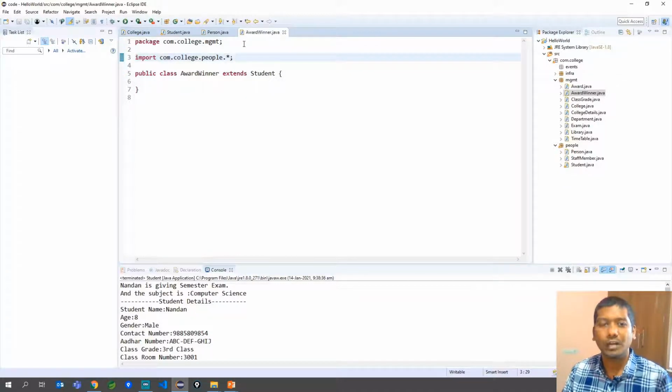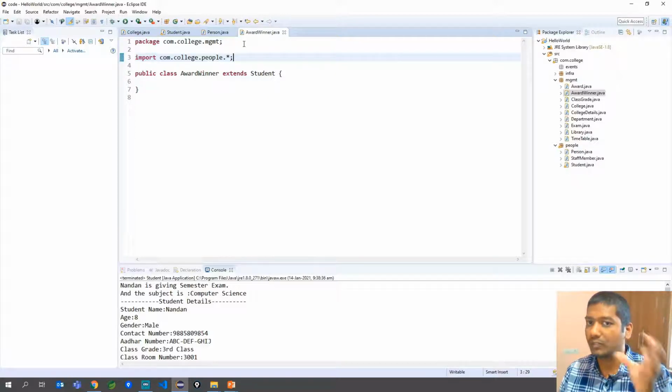Okay. So now I have imported the entire package of people. Any class in that particular package can be accessed here now. So here if you see, student.java has been extended into award winner. So what are the different things that you want to have in award winner? Something like what is the award name, in which year the award is given, right? Those kind of things can be provided as data members for this particular class. And as this has been extended to student.java, it will have access to the student related attributes. But there is a limitation here that only public and protected data members can be accessed.